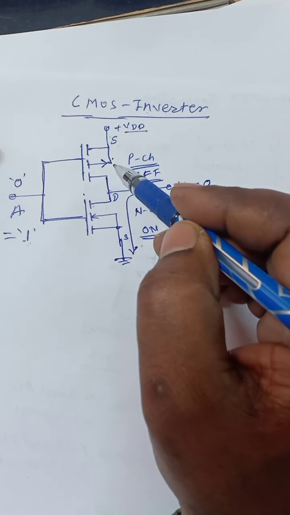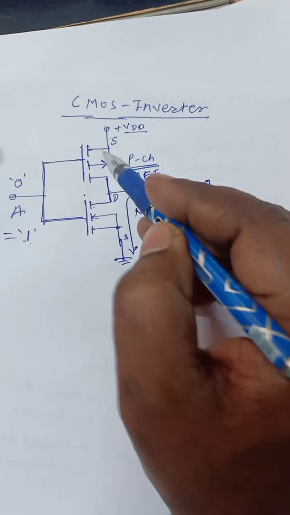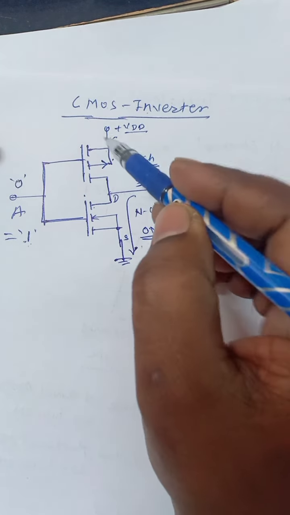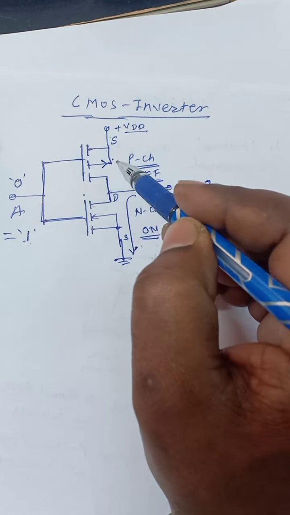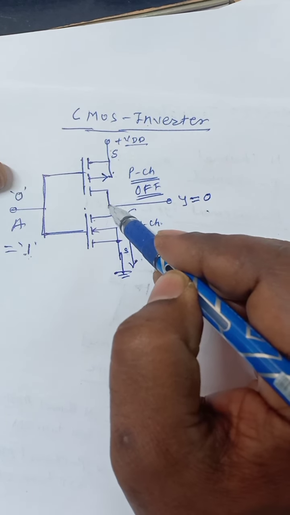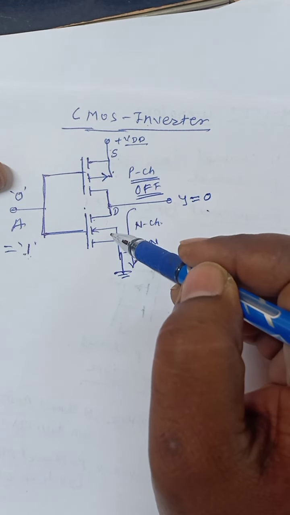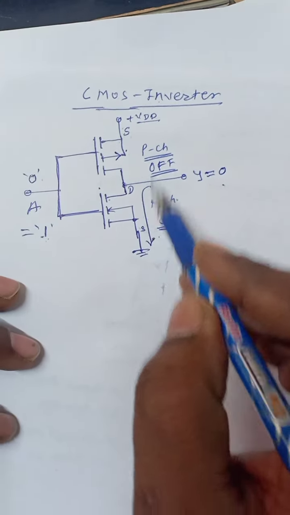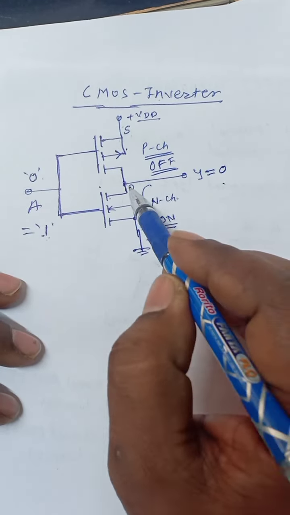The upper transistor now turns on and the lower transistor turns off. Because of the turn on, the current flows through it, and the other one is in off condition when 0 is applied. It offers high resistance, and you will get the higher potential across this high resistance value when it turns off.